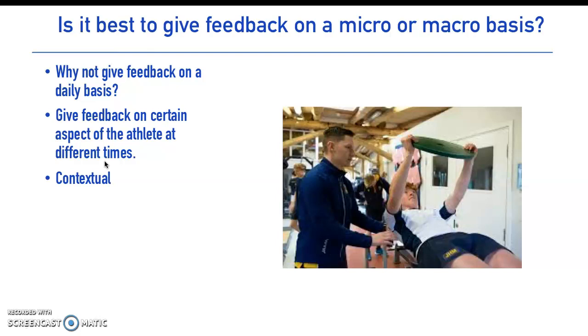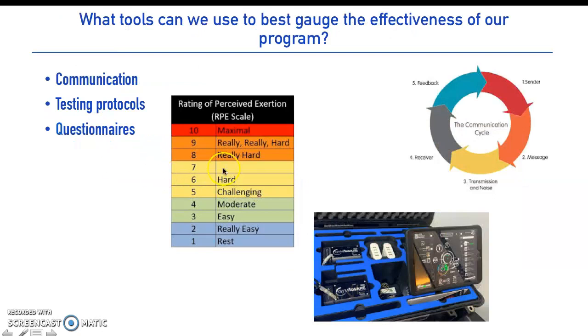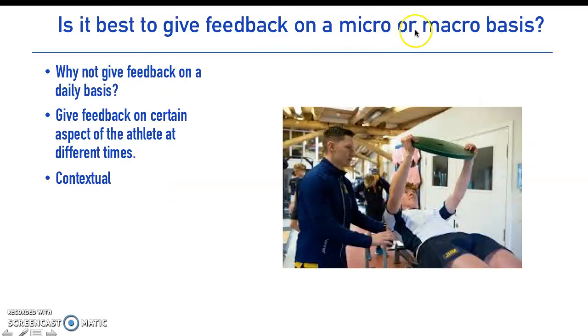Daily feedback normally happens when you're talking about your questionnaires and communication. When we start looking at your testing protocols, that's when we look at the macro basis, to see if the program that we've been doing over the last month or two is working the way we need it to work.